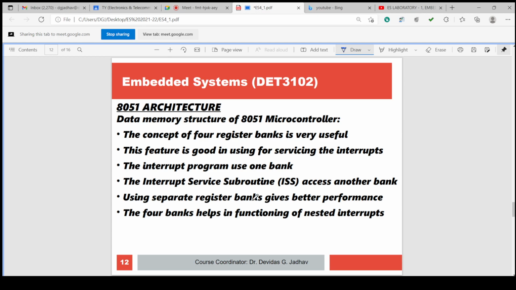So it has to go to the interrupt vector and execute that program, and at the end of that program, return is written as the command. So it will return to the main program.